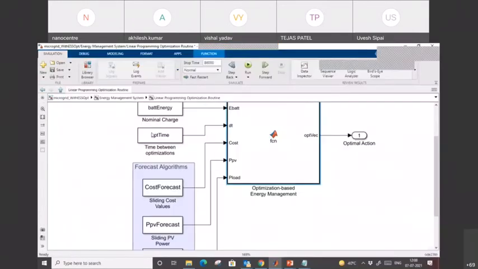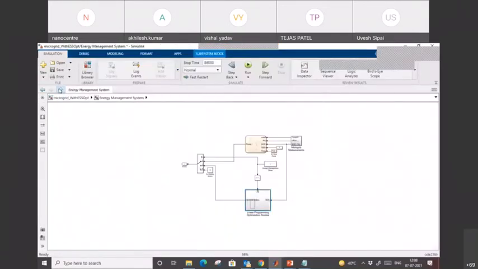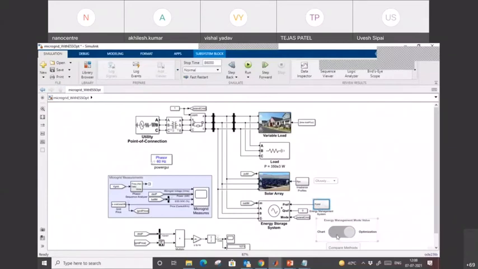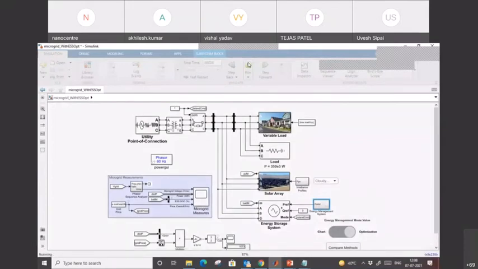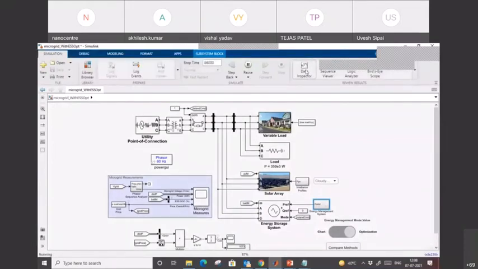Okay, I am switching again to this model, and now we are going to run it with the optimization. It is simulating, still running here. Let it execute because it will take a little time, because optimization is going on here.